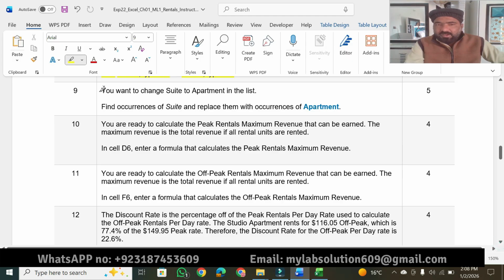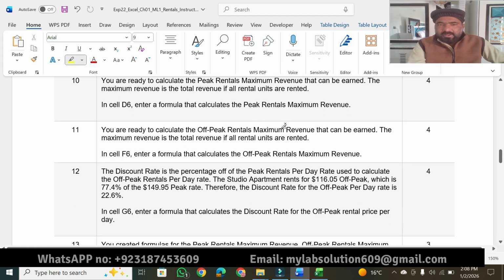In question number 9, you want to change suite to apartment in the list. So find occurrences of suite and replace them with apartment. After solving question number 9, we will earn 5 marks. Then in question number 10,